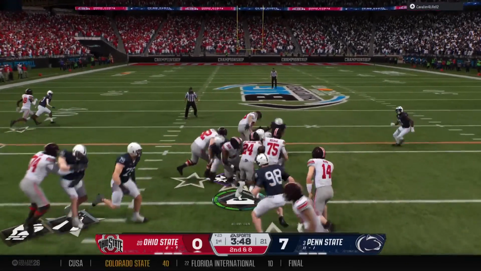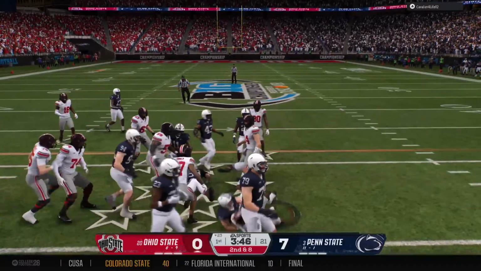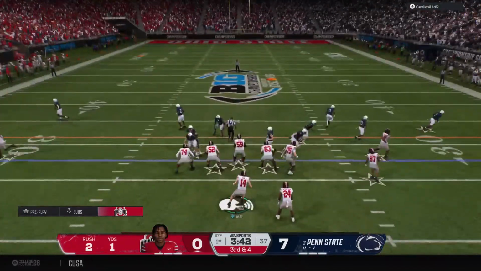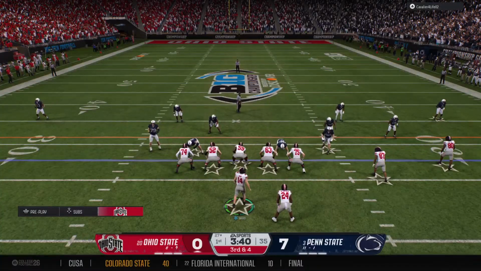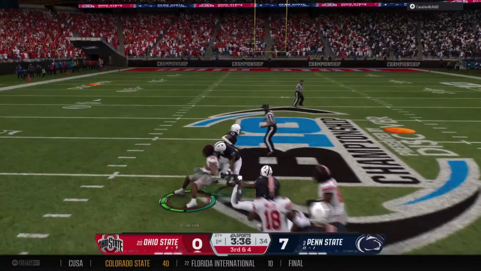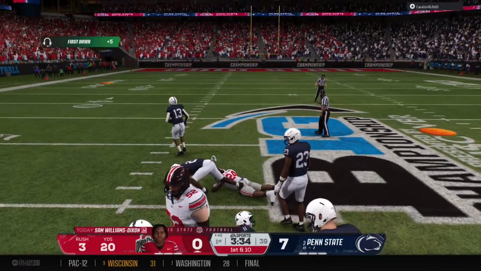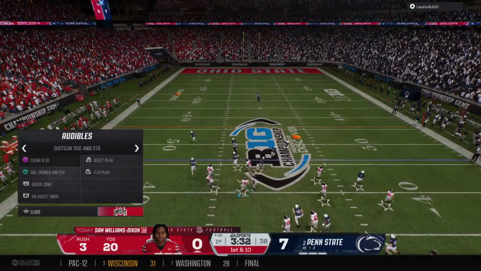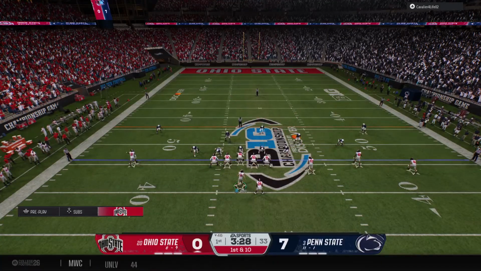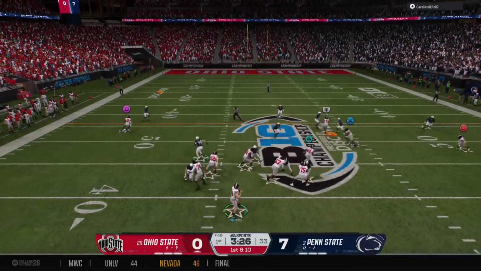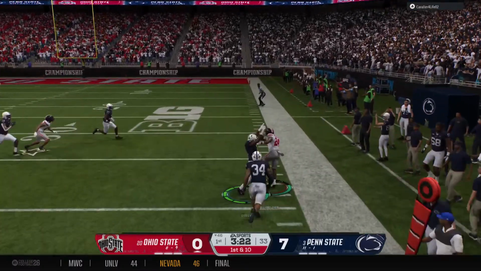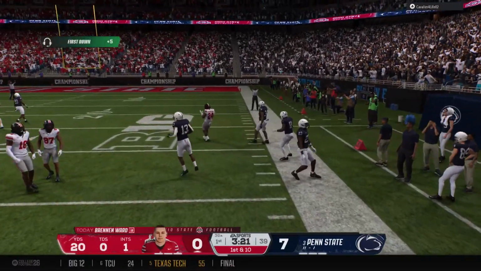Direct snap for the back. They'll tackle him at the 27. The Buckeyes come to the line in a hurry up. At the 46. The running play gives the offense a fresh set of downs. Okay, here comes the hurry up. This is what they love to do. They get a big gain on the ground, hurry up into position, and go right back at that defense again.